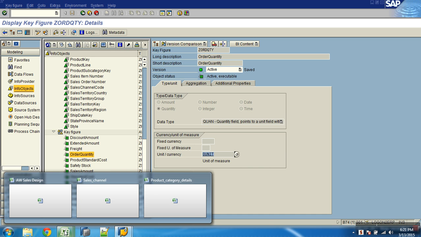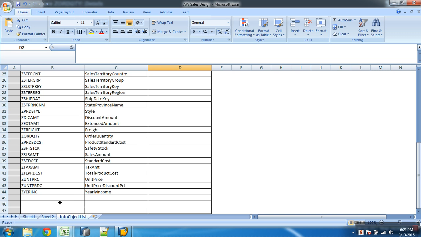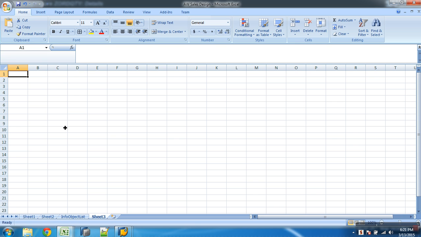Now we'll have to start using these InfoObjects and model. The next step would be what? Modeling your master data tables. Before I go to the cube, I'll focus on creating master data, then I'll get onto the cube. Once master data is created, can I reuse it for n number of cubes? Because your master data is outside or inside a cube? Outside a cube. Once it is created, I can connect that to n number of cubes. Okay, good.